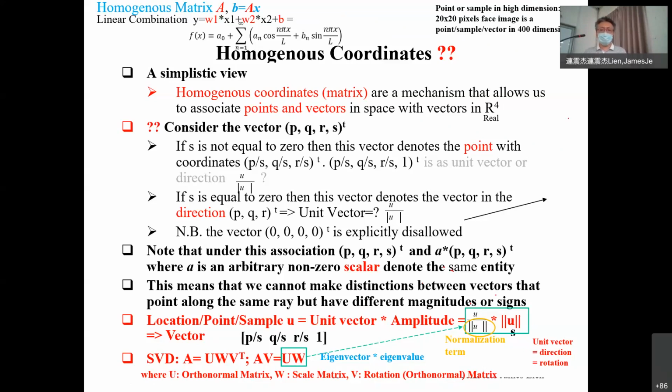Amplitude is distance，是距离。距离是什么？The distance is equal to the inverse of similarity，相似度的反比。